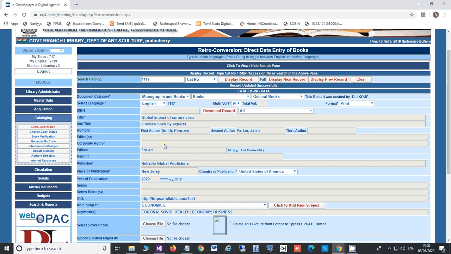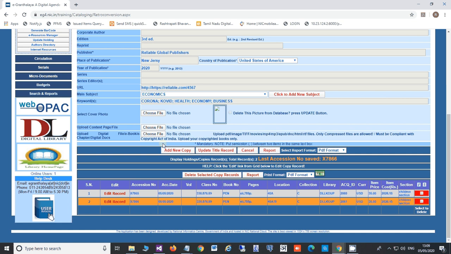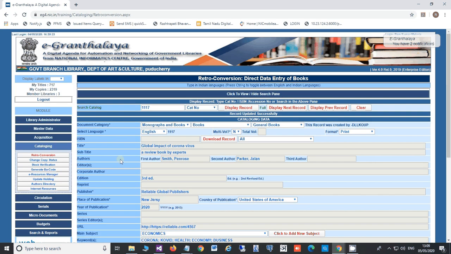In future we will provide a mechanism where, by clicking one button, they will inform the creator of that record that this is the mistake, and then the creator of the record will edit the record and correct the data.